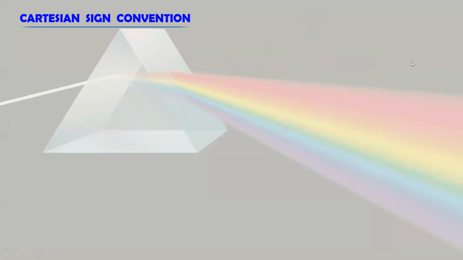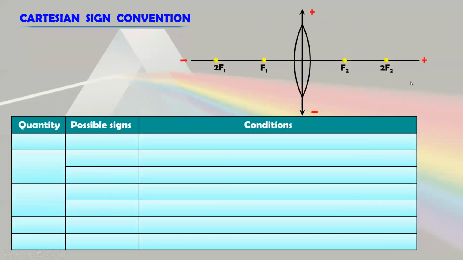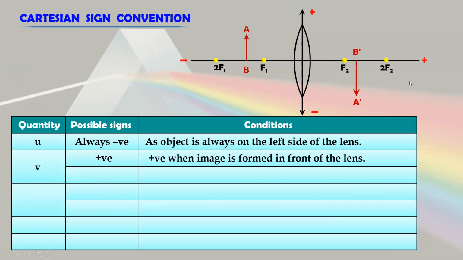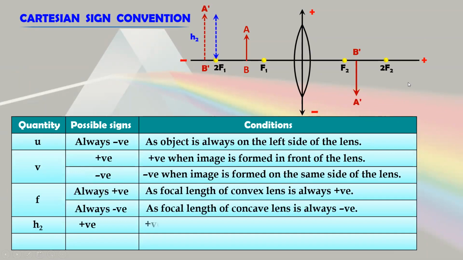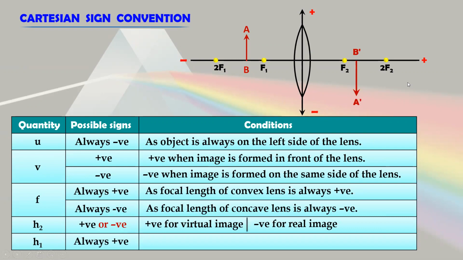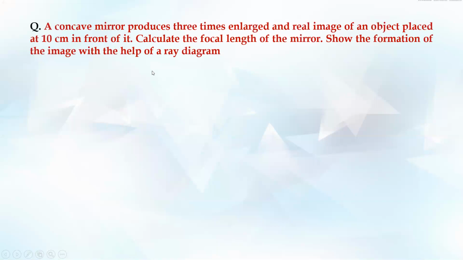This is for mirror. Same thing we have for what? Lens, right? The same thing we have for lens. Almost same. Nothing different in this. The same thing we have is for lenses. So these are the Cartesian conventions and the formulas. We'll move on to the sums. There are what, 4 to 5 sums. Then we can stop actually, right? So yeah, read the question, pause the video here, and start solving.